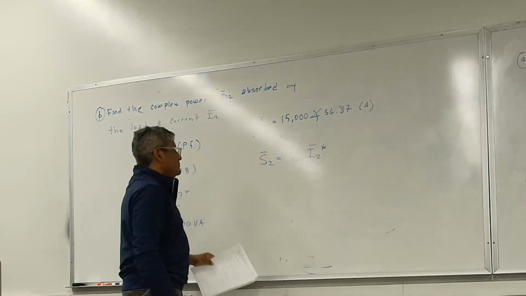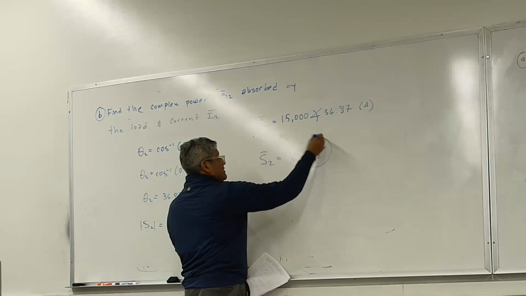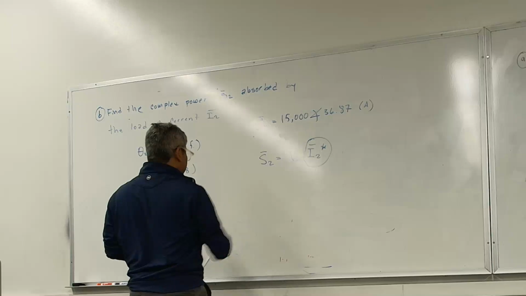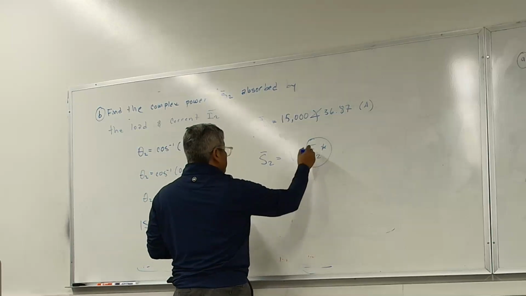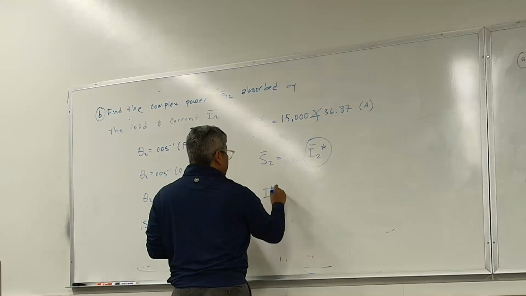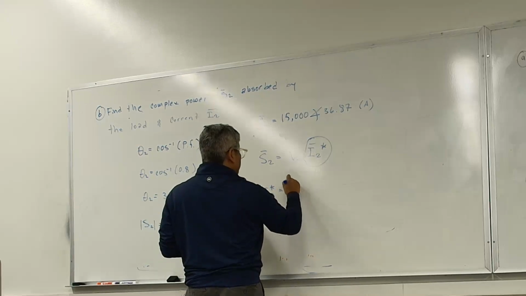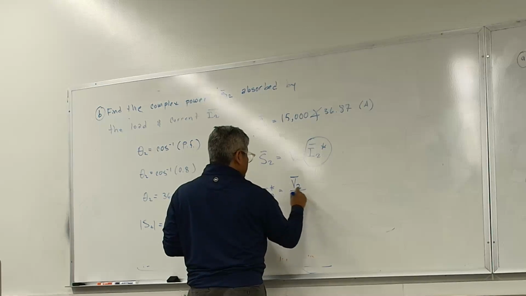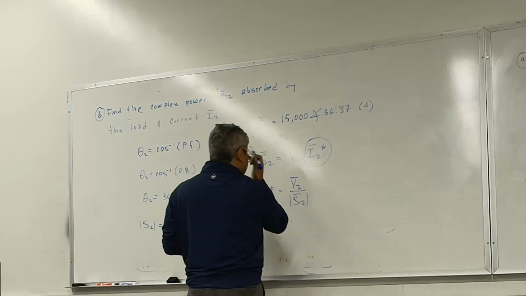Okay? I want to solve for I2. That's what they're asking me. I don't know what the current is being absorbed. So I can then do I2 conjugate is equal to V2 phasor divided by S2,